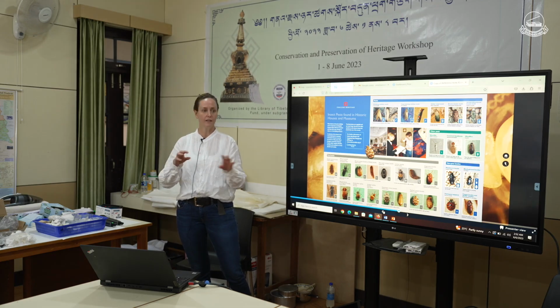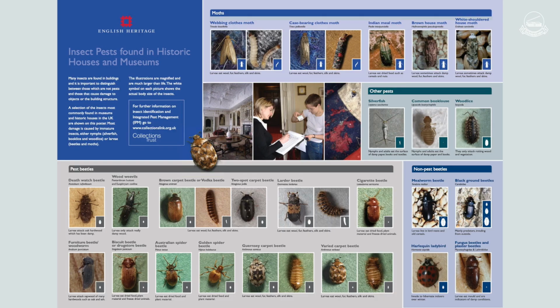There are websites where, if you find insects, you can look under magnification and check to see what they are. So museumspest.net. We have all these resources online. It's good to know what is eating your collection, because then you know what is going to be most vulnerable. If you have silverfish, we know what they like to eat. If you have termites, we know what they like to eat. So it's just the principles across.